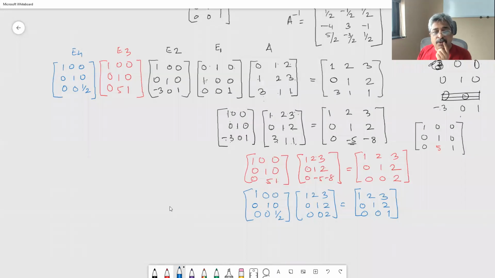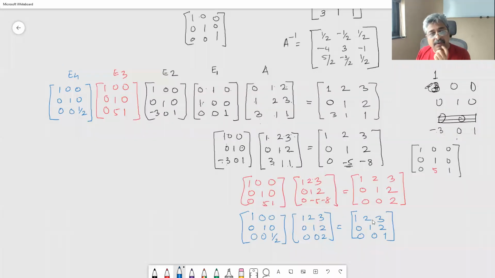Now we are supposed to do the upper ones here, these two. When this should be 0, this should be 0. Now we can do it. Let us create E5 simultaneously. E5's last row is going to be 0 0 1 of the identity matrix. Now we want the last row to be multiplied by -1. Let me make it here.